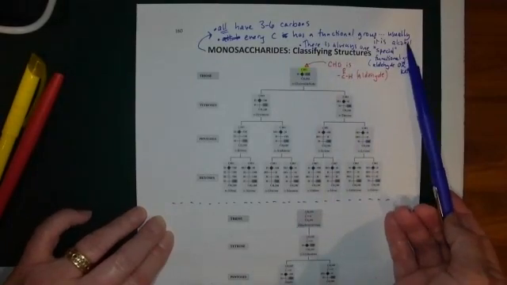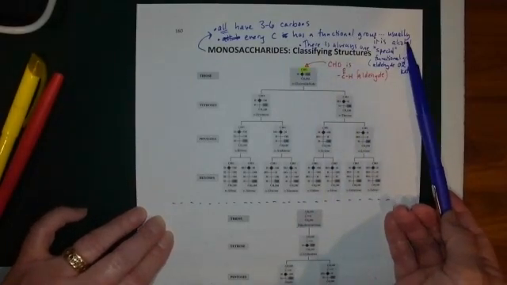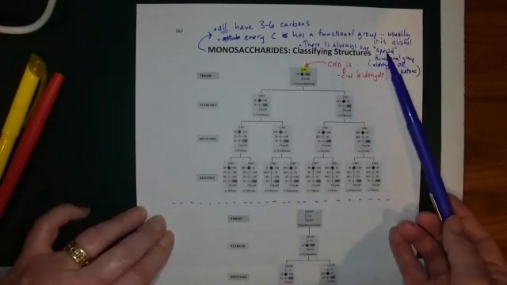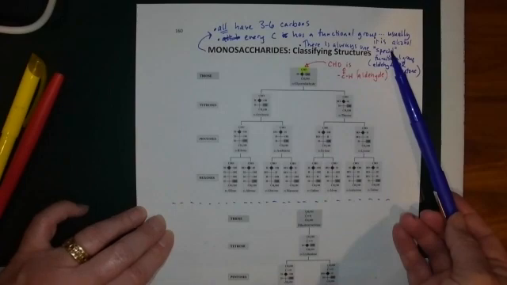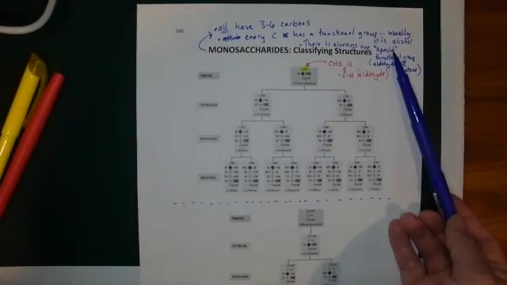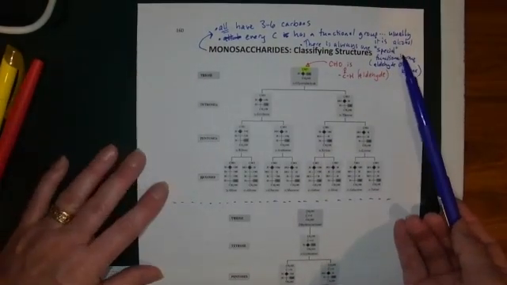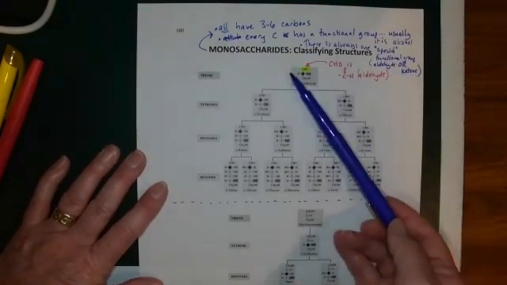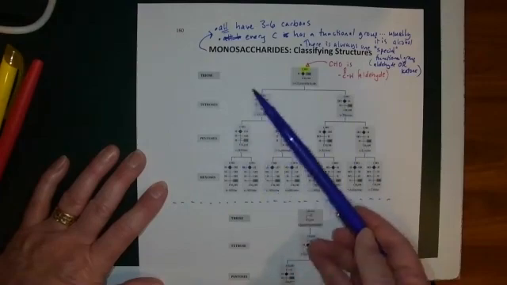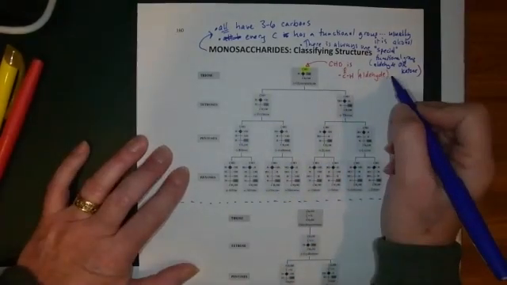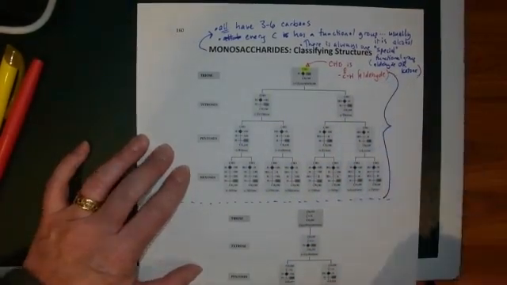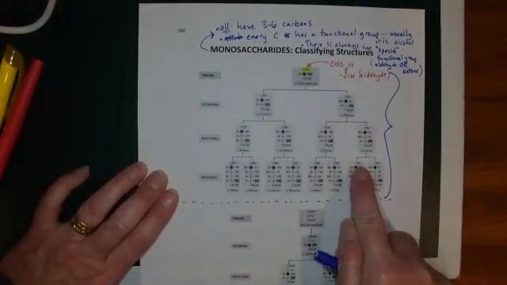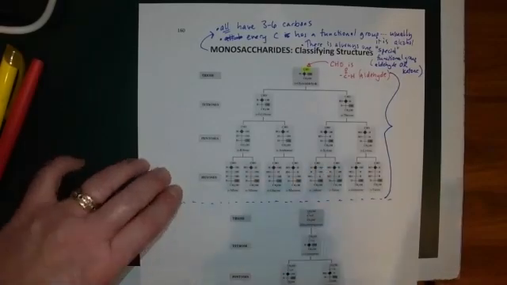Usually that functional group is alcohol, but in addition to all of the alcohols, there's always one special functional group. The special functional group, and I put that in quotes because that's not official, I'm just calling it that, is either aldehyde or ketone. For all the structures on the top half of this page, all of them have aldehyde as their special functional group. We pointed those out a moment ago: aldehyde, aldehyde, aldehyde, and so on.